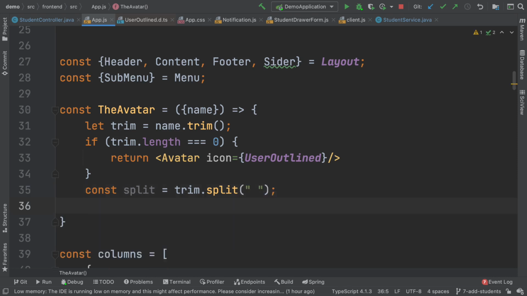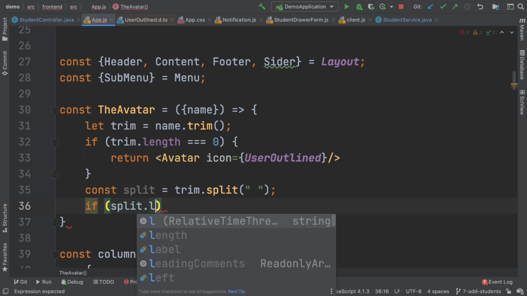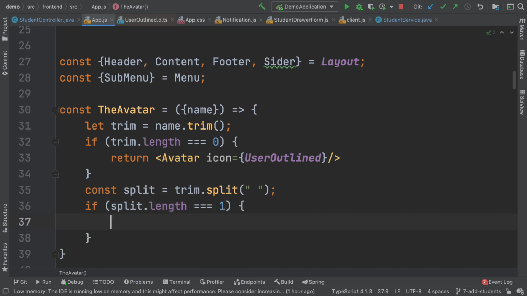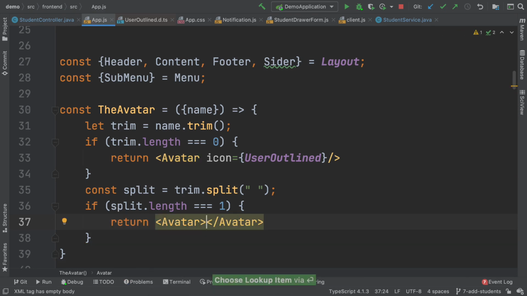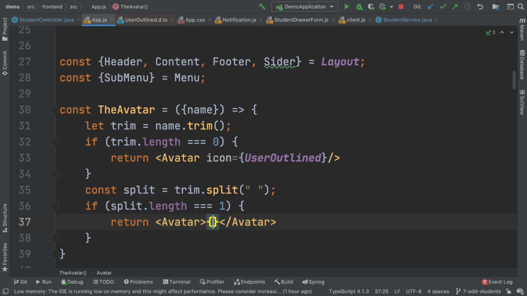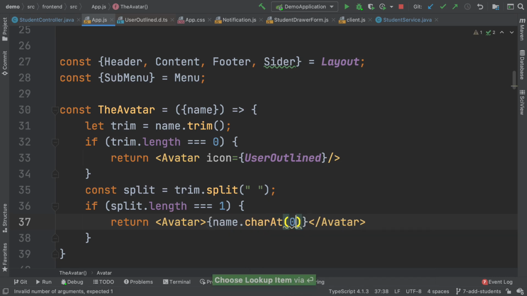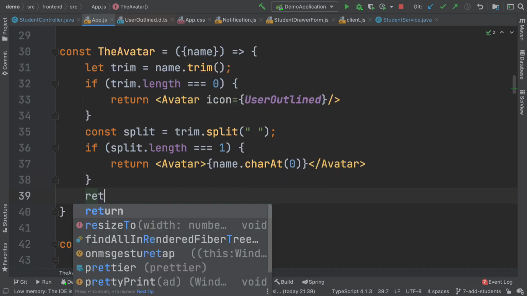And now I'm going to say if the split.length is equal to 1, I want to return the Avatar, and in here, I'm going to basically grab the name.charAt(0). Otherwise, we just return